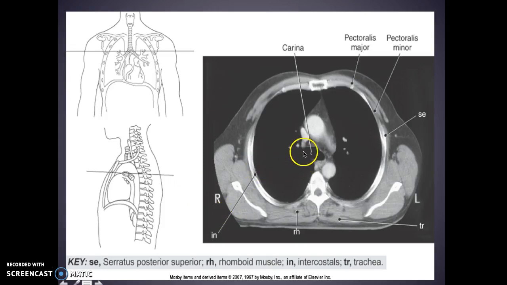So you can see here where we have the carina, so that's right where the bifurcation of the trachea is. We have the pectoralis major and your pectoralis minor underneath. So here's your major and there's your minor. And we have the serratus posterior and your,